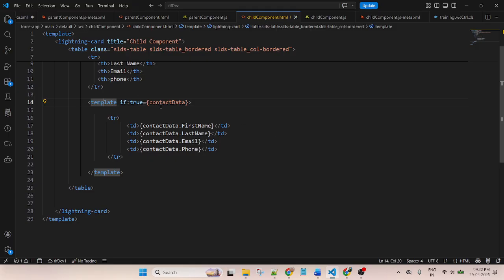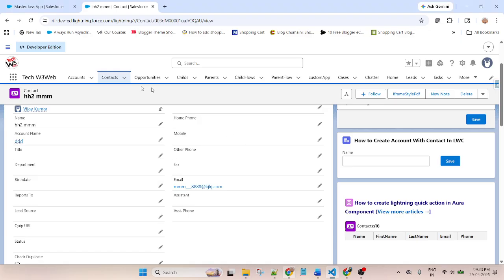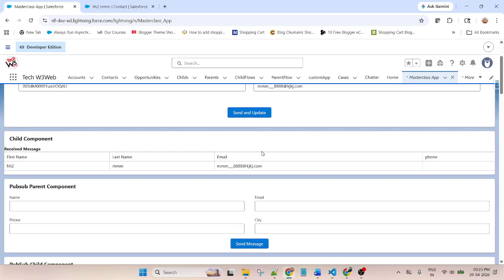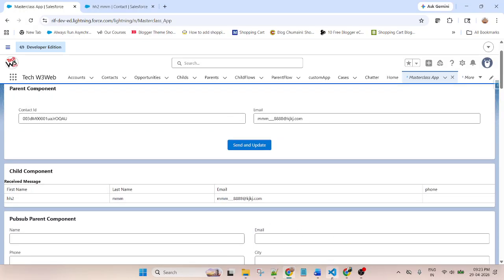It will check if this is true. Then one by one I am passing the data inside the TD table data: first name, last name, email, and phone. I refresh, and if you refresh the page, it will display like this. So the process is the same.